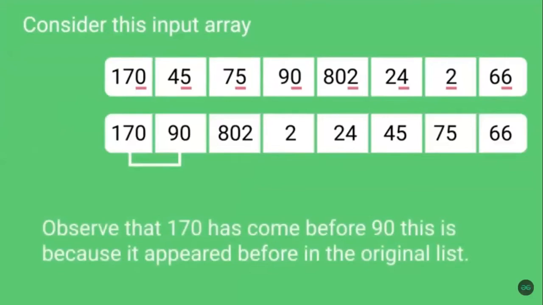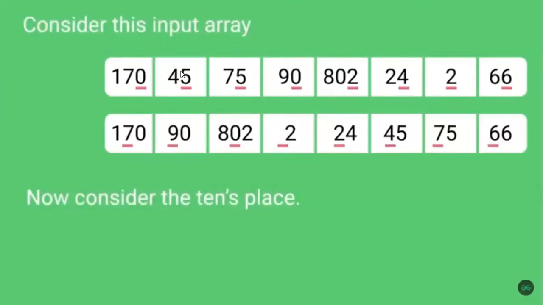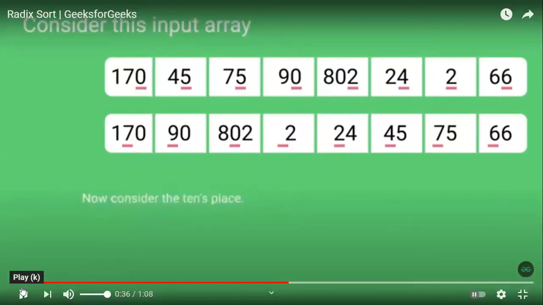In this, sorting is done according to the place values of the digits in a particular number. First of all, we'll start. I told you that we will start from the unit place, from the least significant bit towards the most significant bit. So the least significant place value would be at the ones place, then tens place, then hundreds place. So we will sort the numbers accordingly.